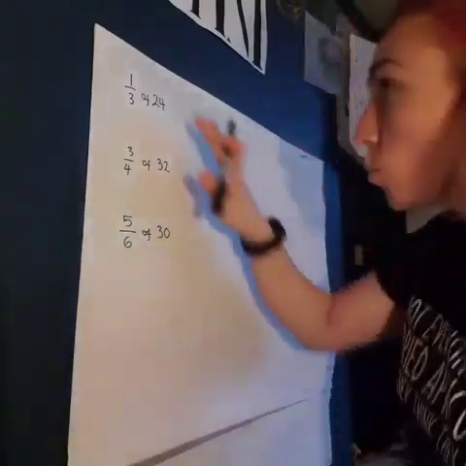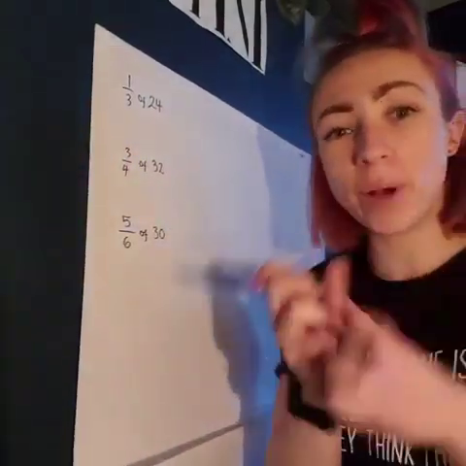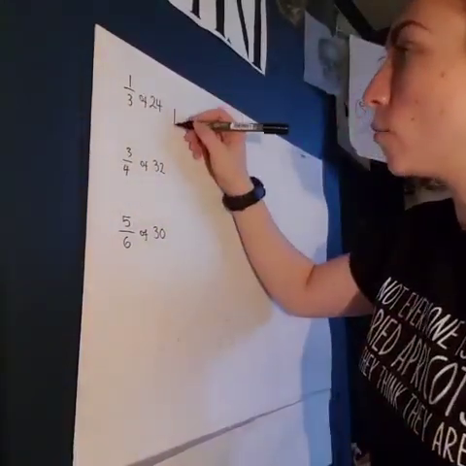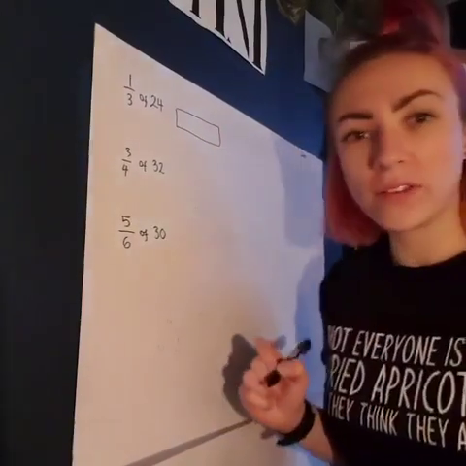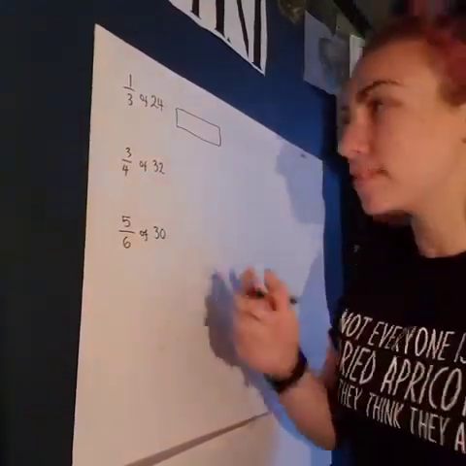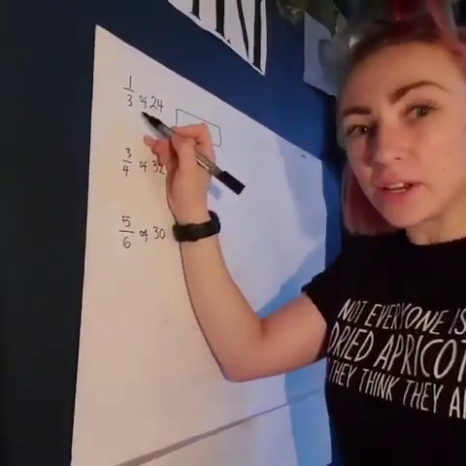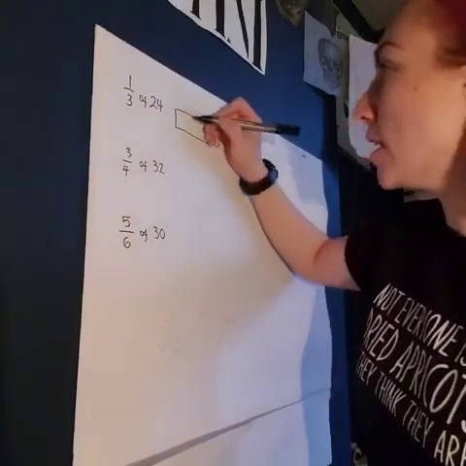So the first one is 1/3 of 24. So we are finding a fraction, a part of a whole, and the whole is worth 24. So when we draw our bar, first thing we're going to ask ourselves is, how many equal parts do I split it into? I'm looking at the denominator in the fraction, it's in thirds, so I need to split into 3 equal parts